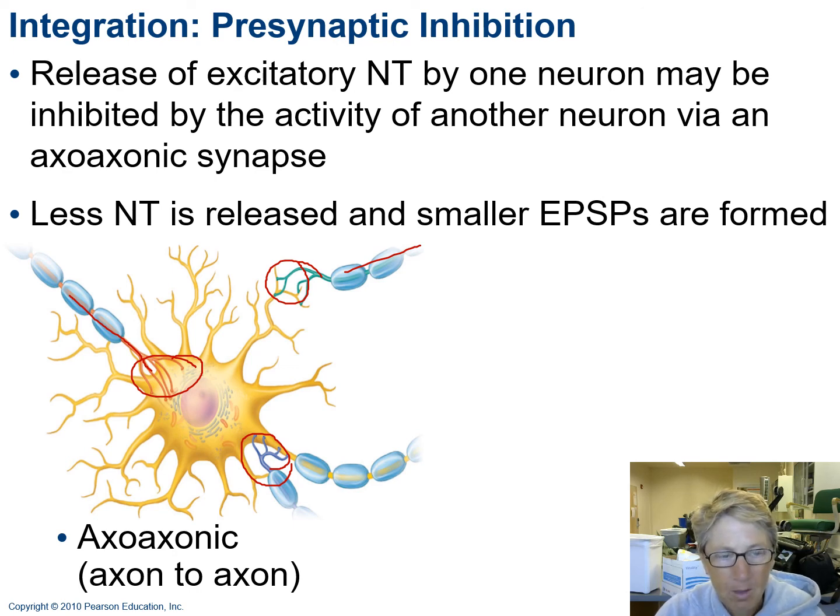So let's say this guy released a neurotransmitter and caused positive charges to come in, may be inhibited by the activity of another neuron via an axo-axonic stimulus. So you could have your positive sodium coming in here, and sodium is diffusing over here to the axon hillock. However, this axo-axonic synapse is making the region more negative, so you won't be able to fire